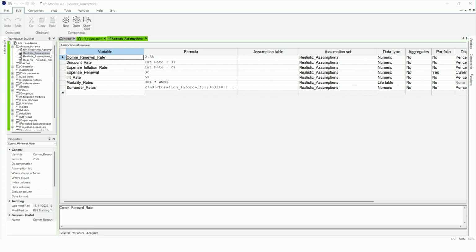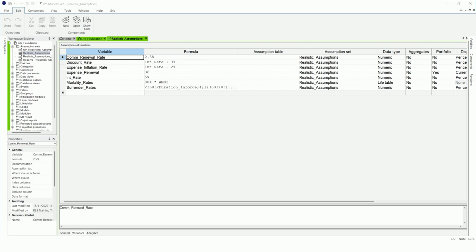Appendix 7, External Assumptions Part 1. The company model performs calculations using assumptions which are defined internally. Now we will adjust so that the assumptions are read externally from an Excel file. Modeler can read assumptions from external sources.